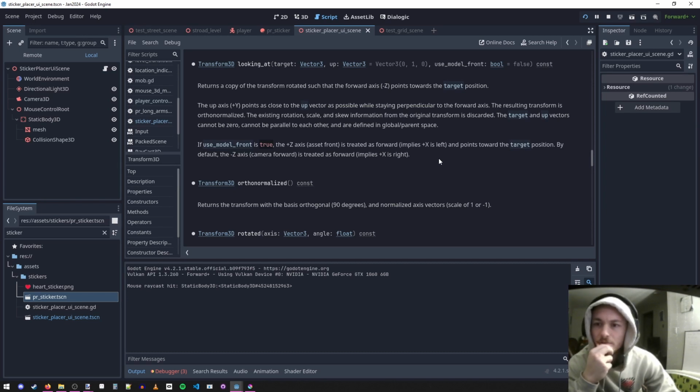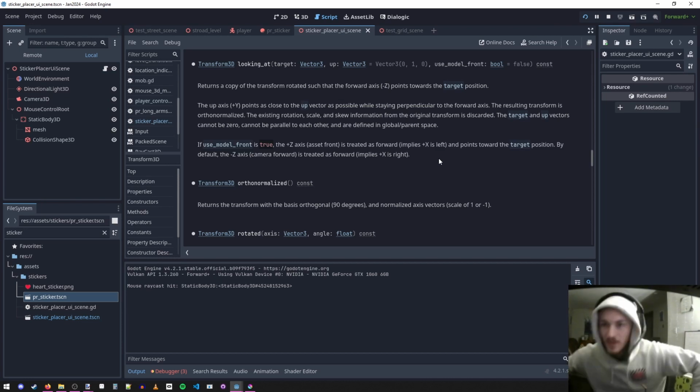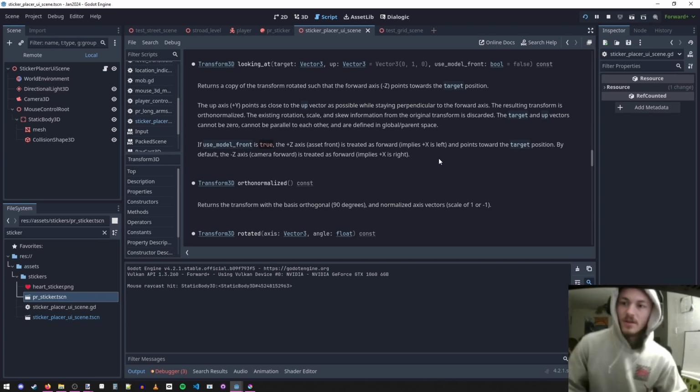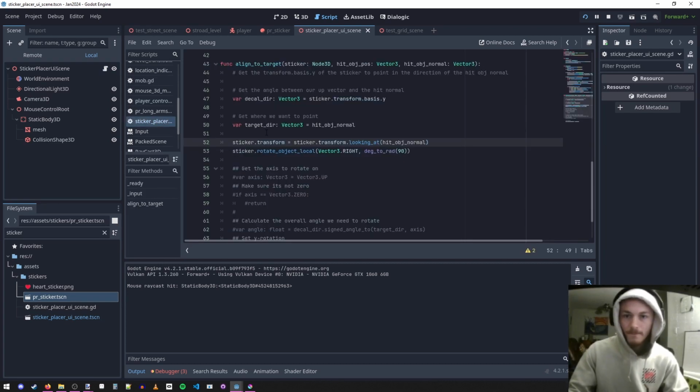Returns a copy of the transform rotated so that the forward axis points towards the target position. The up axis points as close to the up vector as possible while staying perpendicular to the forward axis. The target and up vectors cannot be zero, cannot be parallel to each other, and are defined in global parent space. So all we have to do is say